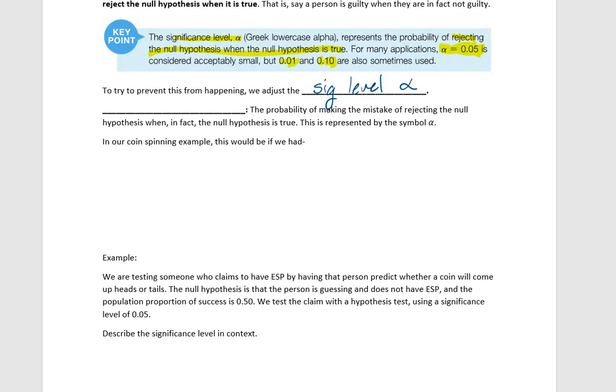If you're doing something that has to do with opinions, or you're looking at more human error involved, maybe you want it to be higher, like 10%. Usually, for a good rule of thumb, we do 5%, especially because that 5% relates to 95%, which is the empirical rule, which will come up later. So again, don't forget the significance level, which will be on your final exam, so make sure that you know this: it is the probability of making the mistake of rejecting the null hypothesis when in fact the null hypothesis is true. So for example, in our coin example, this would be if we had